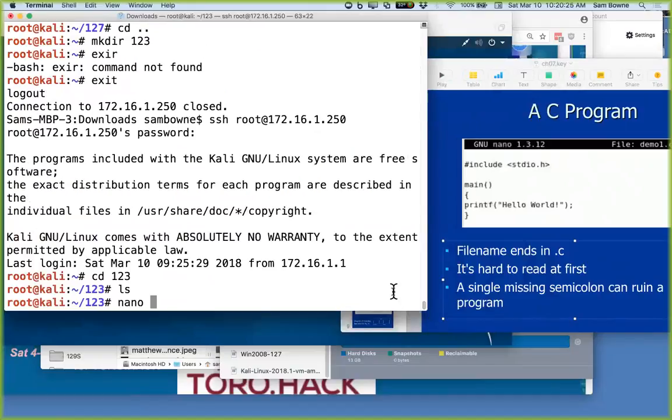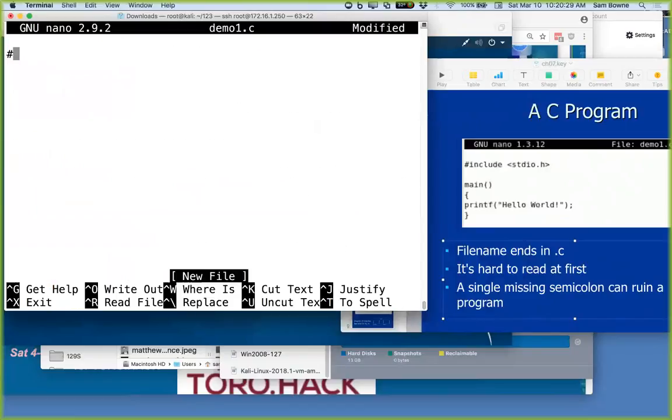So I'm going to make what? Hello.c demo. Okay, demo1.c. So I include a library, the standard IO. You almost always need that. And that means it's going to link to a precompiled library that somebody else wrote. And I'm just going to print hello world and put a carriage return at the end of it.